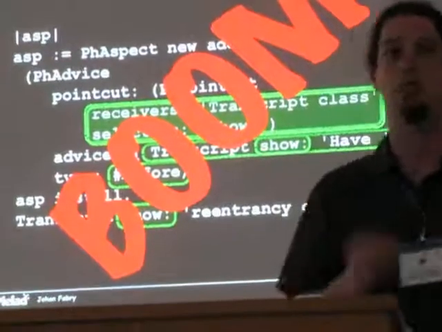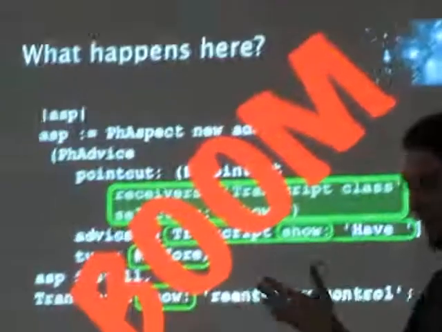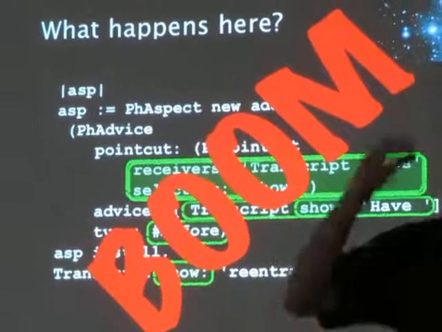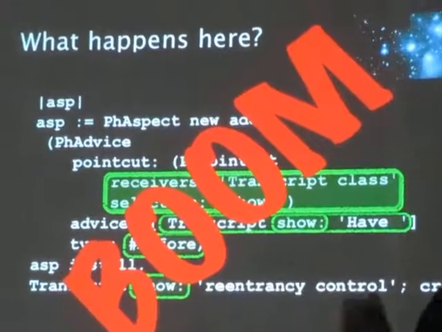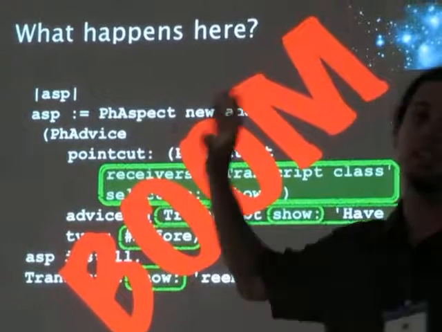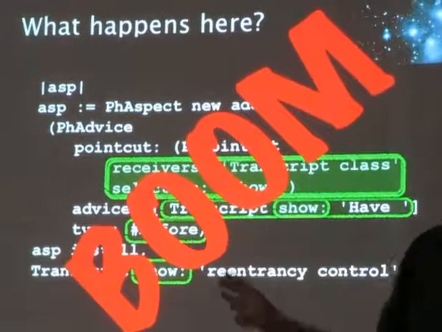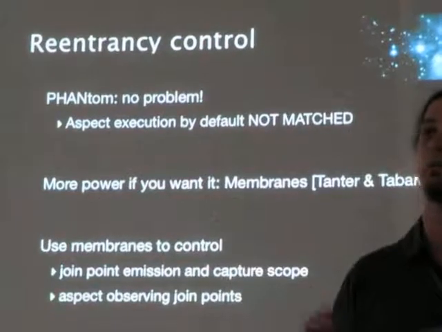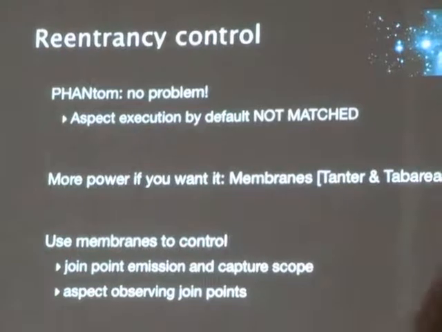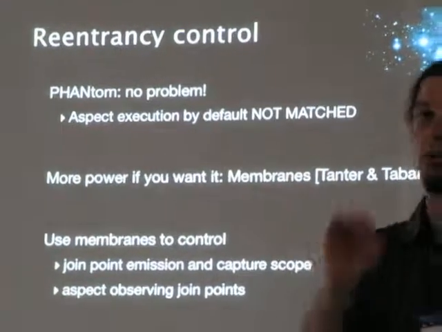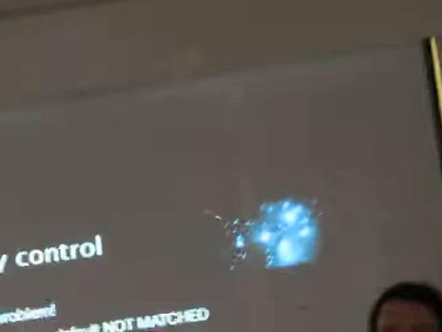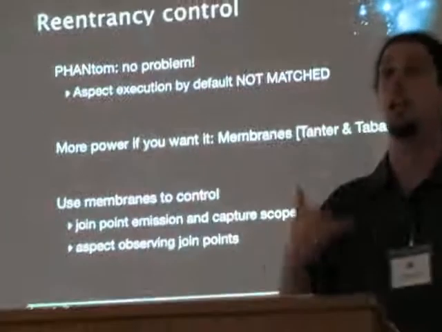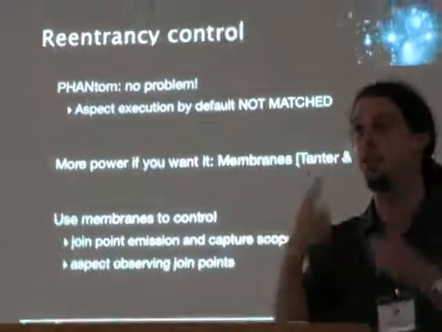This is a classical problem. I always go back to AspectJ because it's the most well-known, the most popular. It's a classical anti-pattern in AspectJ. They say, okay, it's in the manual. This is typically the problem that you encounter. Watch out, right? So what happens in Phantom? It's not a problem. In Phantom, we don't have this problem. Why? When something happens at aspect side, this does not automatically get captured. So you don't have this infinite loop.